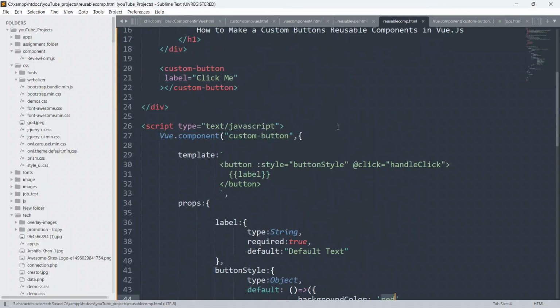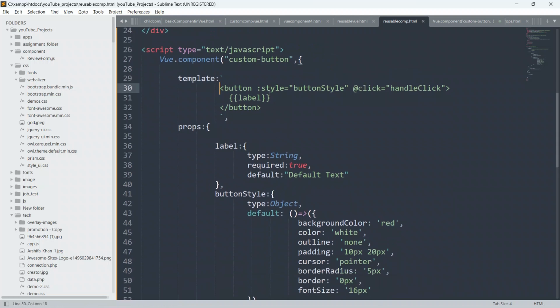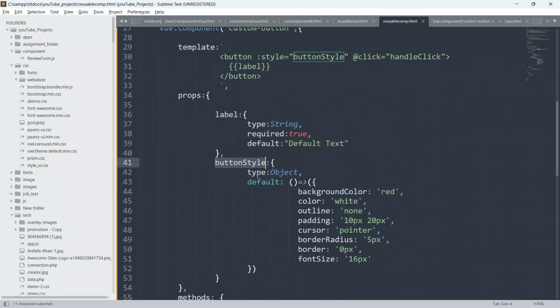As of now you can see we have defined our template button, and inside the button I have bound this button class, which is an object of type object, and the default value is this: background color is red, color is white, outline is none, padding is 10 and 20, cursor is pointer, border radius is 5px, border is 0px, and font size is 16px.